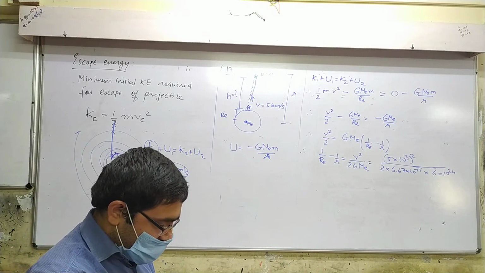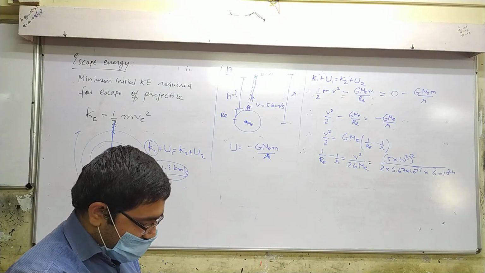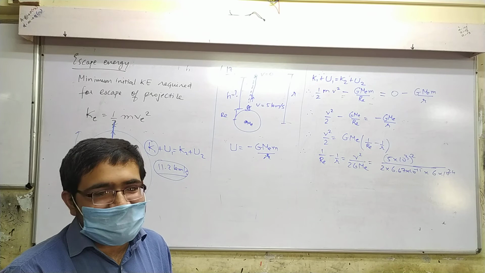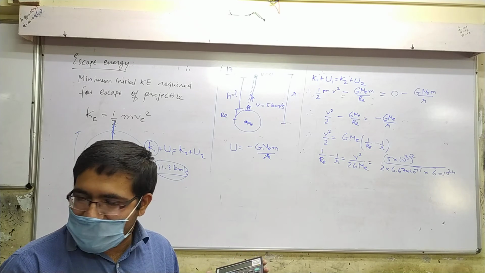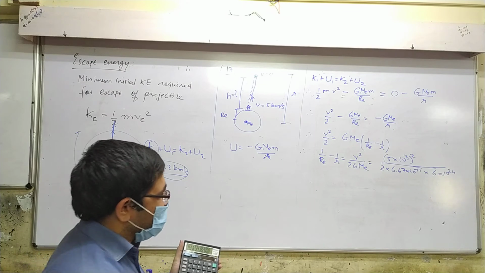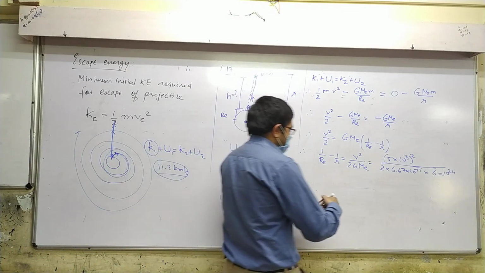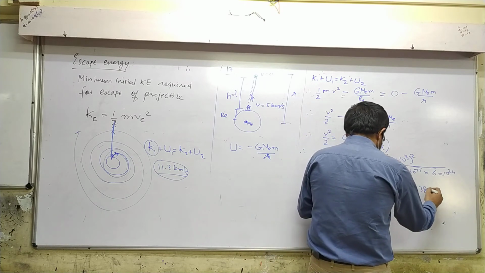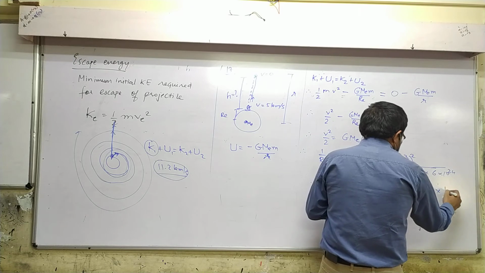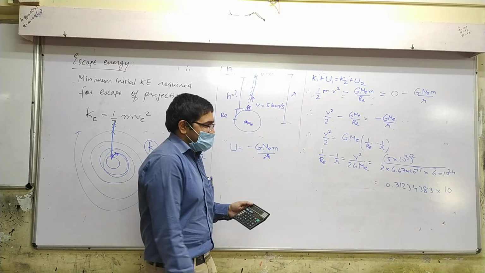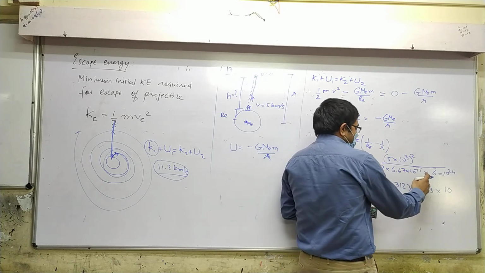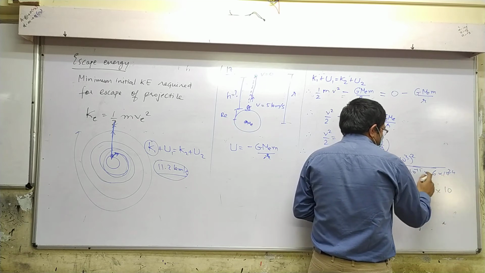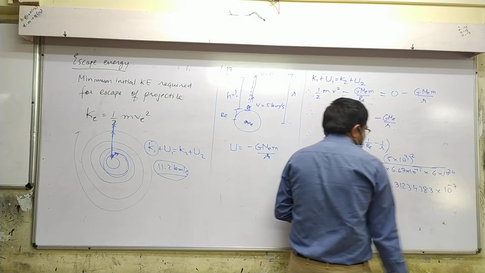25 divided by 2 divided by 6.67 divided by 6, and the number that comes is 0.31234. Is that right? Okay. So this is 0.31234383, that many digits will do now, into 10 raised to... I know this is a crazy thing, but if you don't do this, the answer will be off. Into 10 raised to what do we get? 6 and 11 and 7. Yeah, my 7, that's right. Okay.